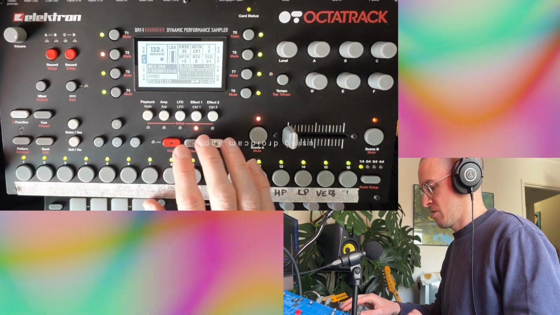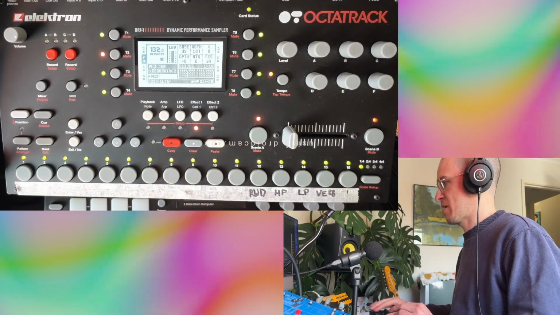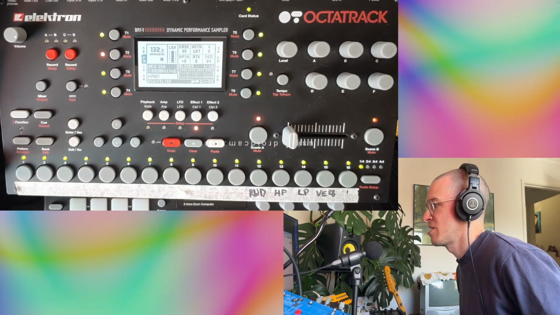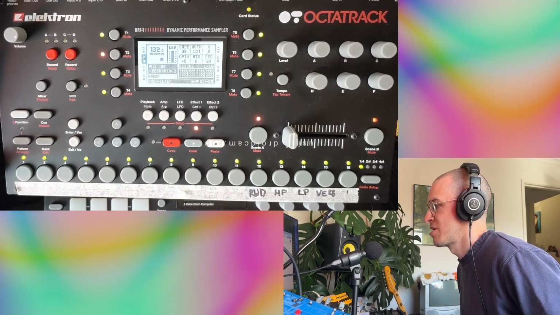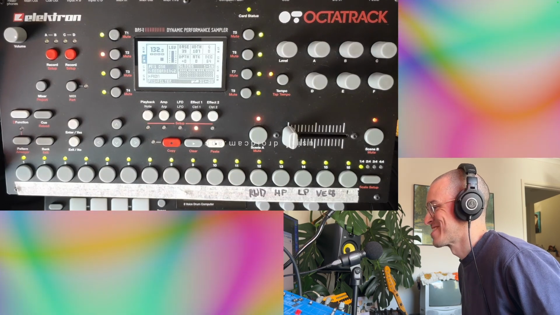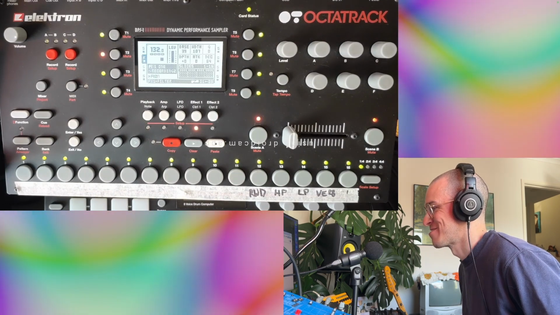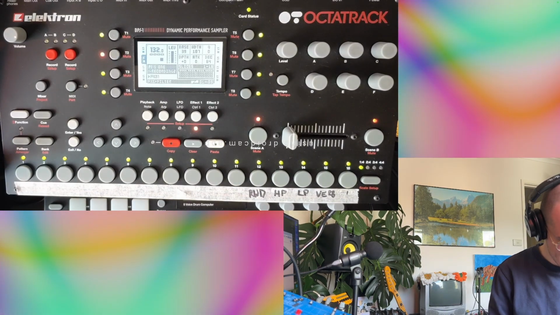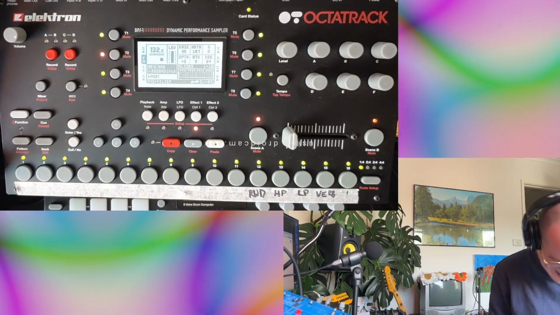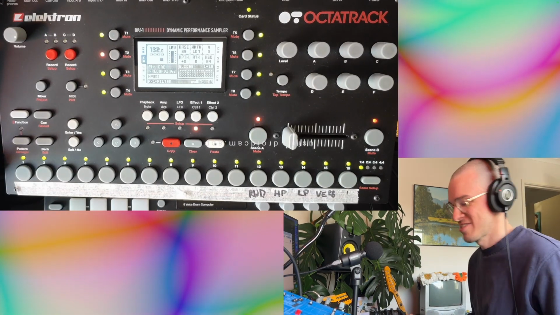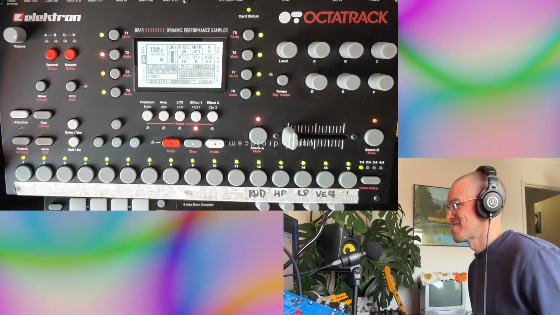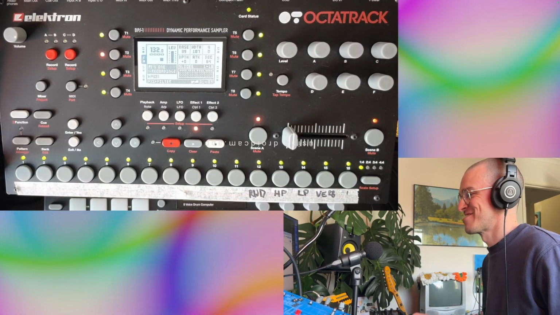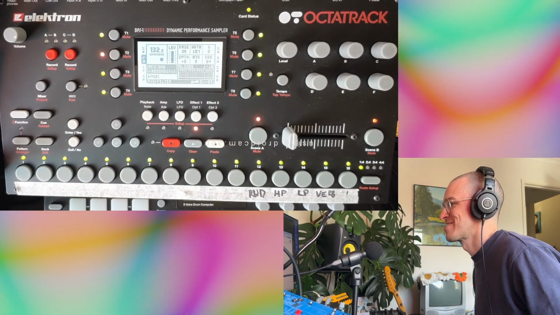Let's just try putting in some sort of pattern by hand. There's so many things on the Octatrack that I know that I want, and then I just can't be bothered to work them out, so I just ignore it and I just work around it. So I'll just have to look up metronome and then it'll be there. No, it's not. Flashbacks to when I didn't know how to use this, and then I just saw a whole page that made no sense in the Octatrack where it's just going on about trigless trigs and